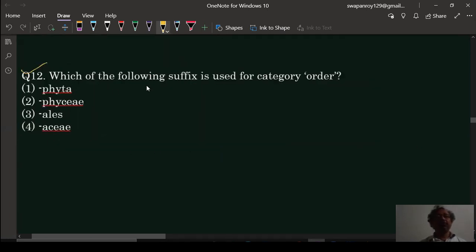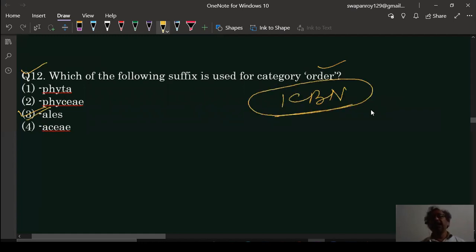Question 12. Which of the following suffix is used for category order? For category order, the suffix used is ales. That is option number 3. According to ICBN, scientific names and the other names of the classification are used in taxonomy. There are certain rules, and according to the rules, some different taxonomic categories end with certain suffixes, and this